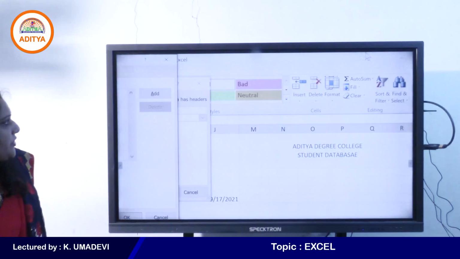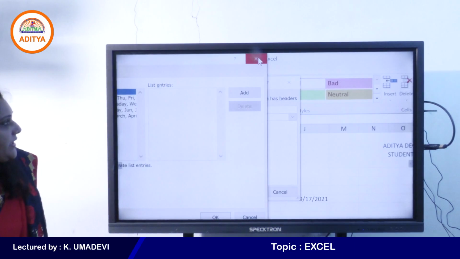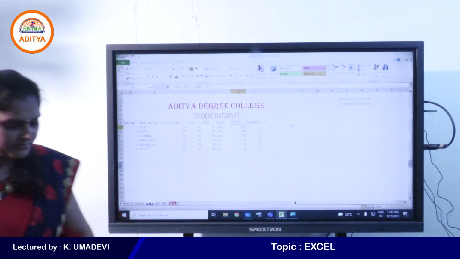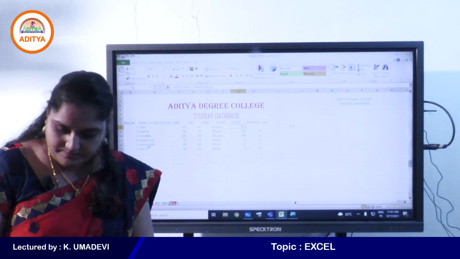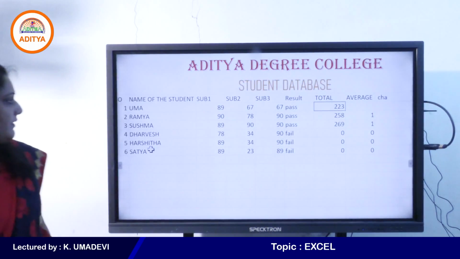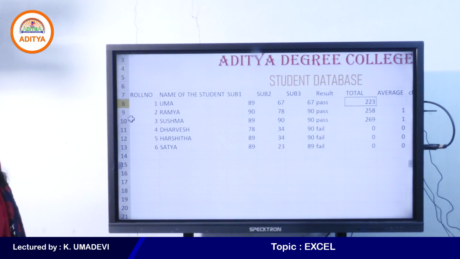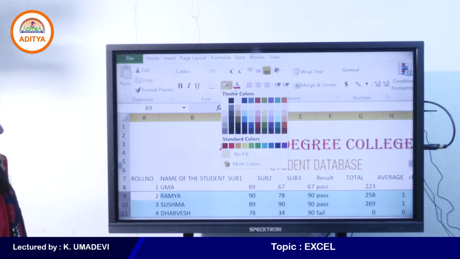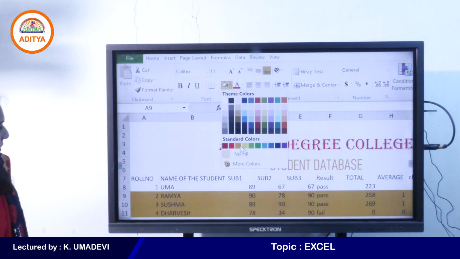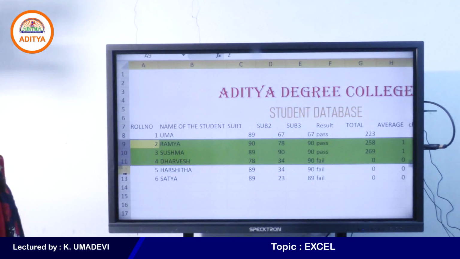Okay, so now I will show you how to apply sorting for cell colors. Now I want to apply colors. For example here, I'll apply the highlight color yellow, or green color, right, yellow.